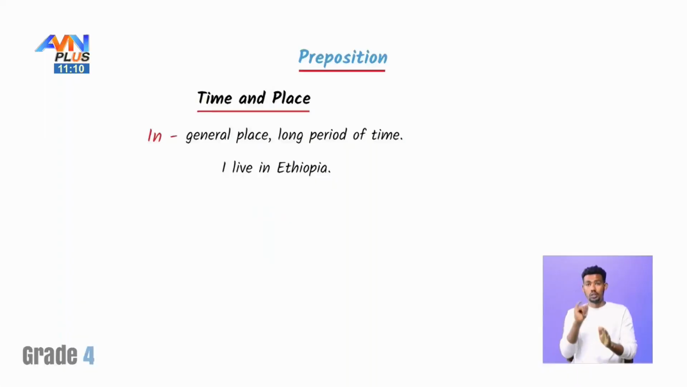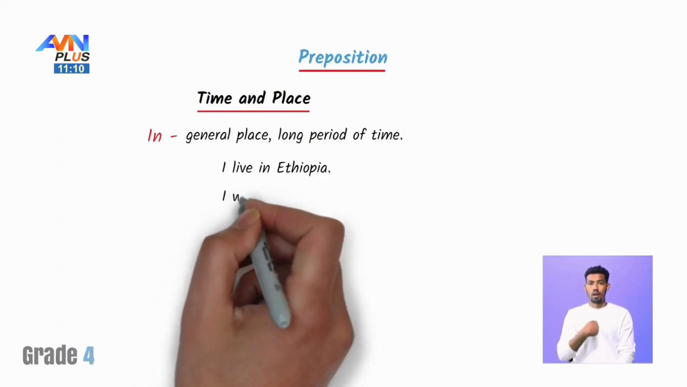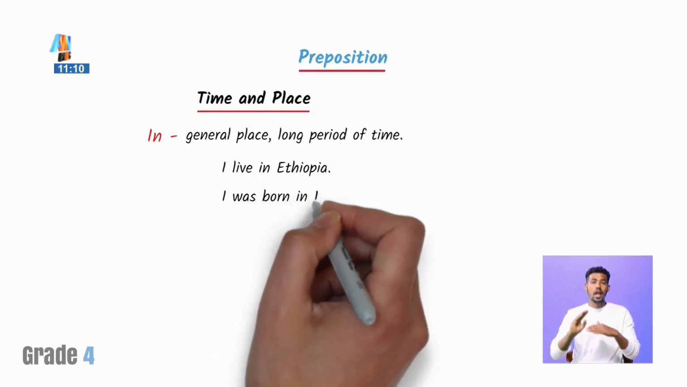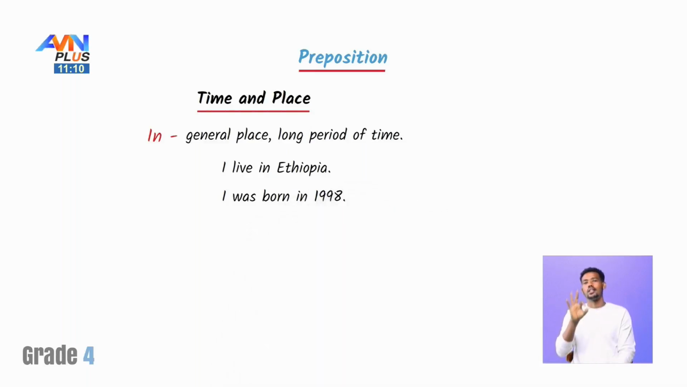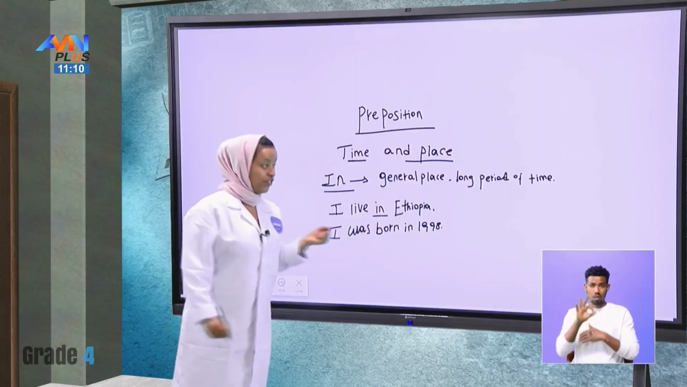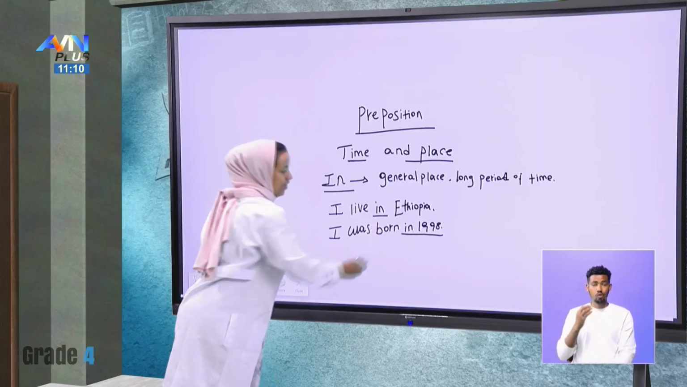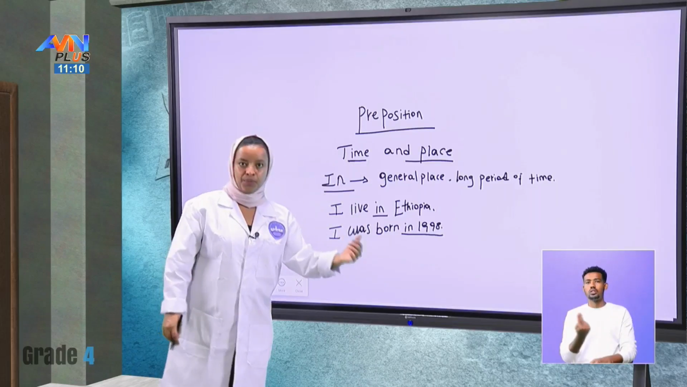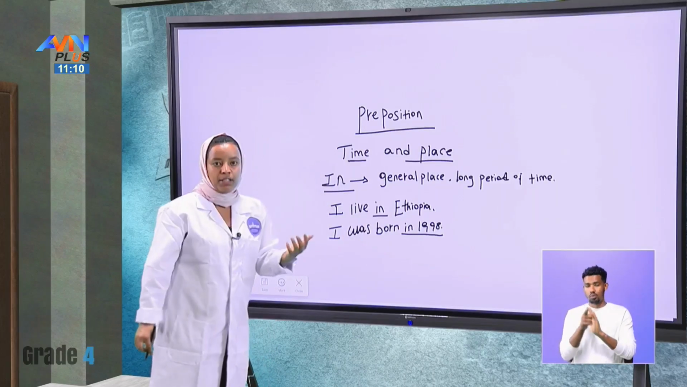For example, I was born in 1998. This is a form of word that shows long periods of time by using in. For example, also as a place, you can say, I was born in